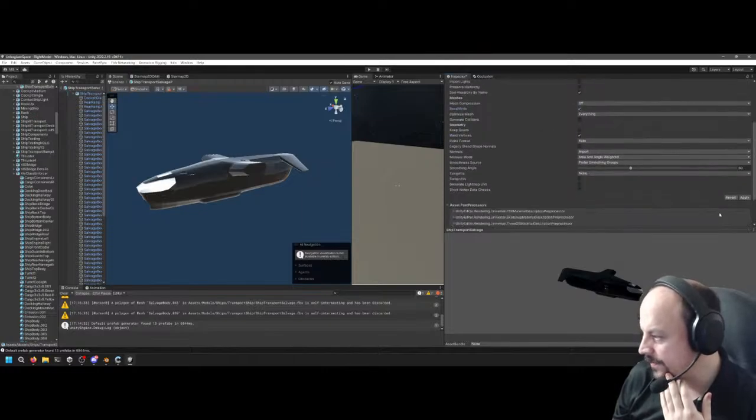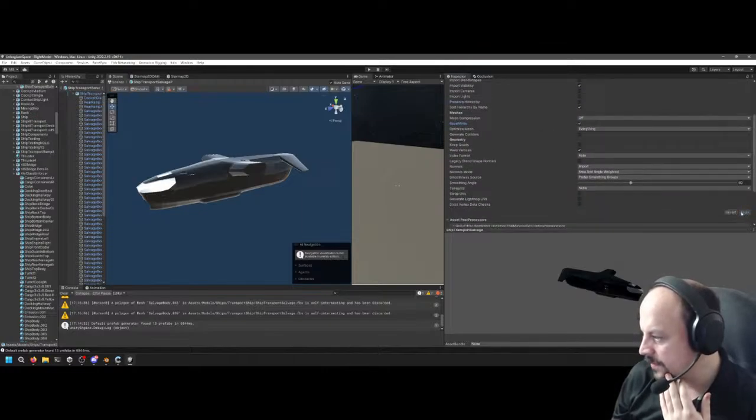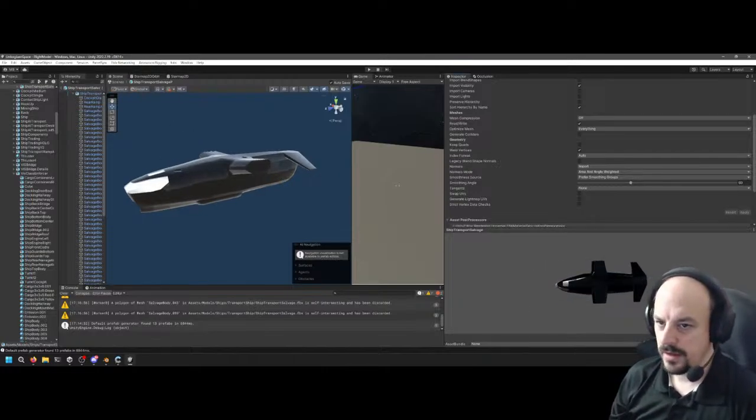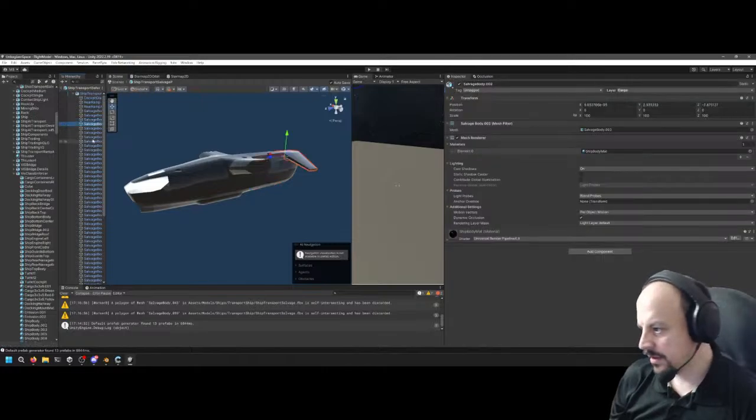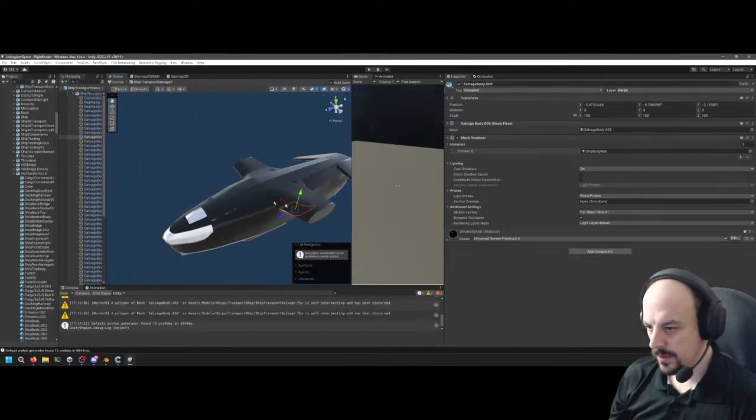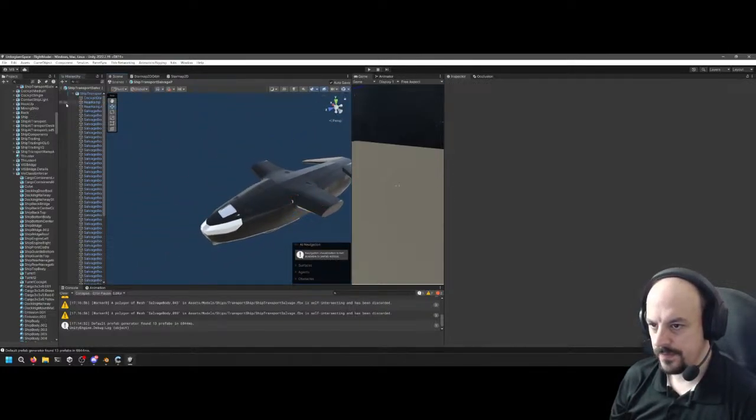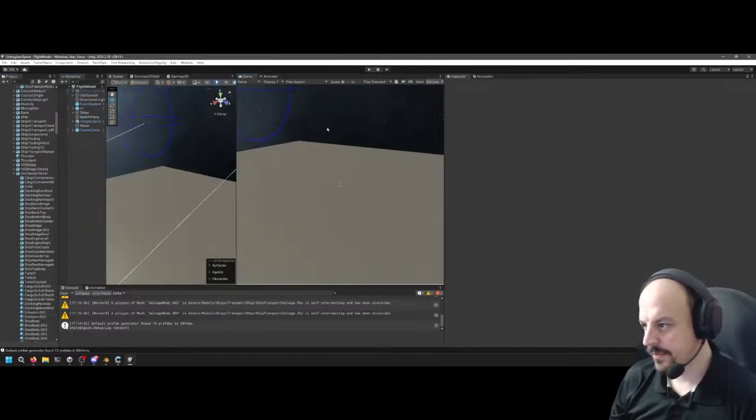Okay, so with read and write enabled, the generated mesh colliders for these might actually work in the build and not be derpy.